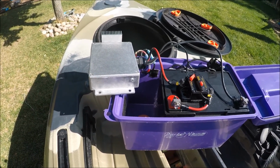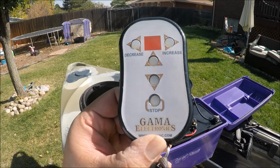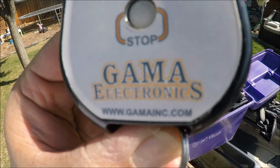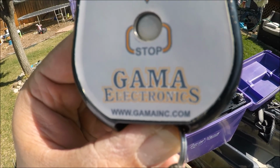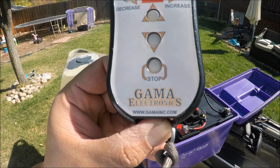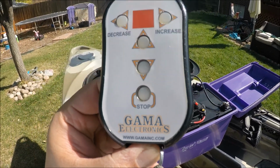Who makes this speed controller, you ask? Well, here's the remote that controls it, and there's the company that makes it, people. The secret's out. Gama Electronics, okay? American made, I believe they're in Illinois or something. Gama Electronics. Forget the model number, but